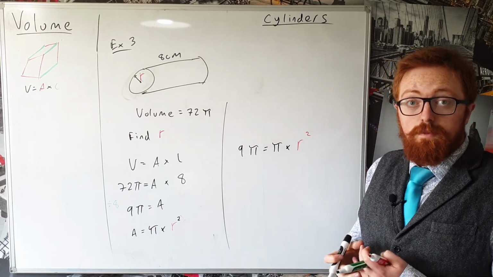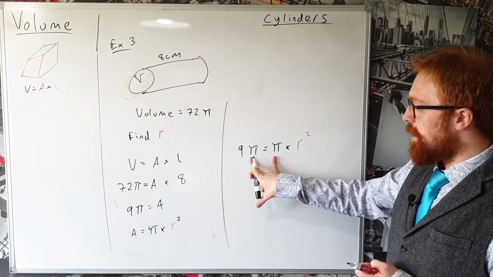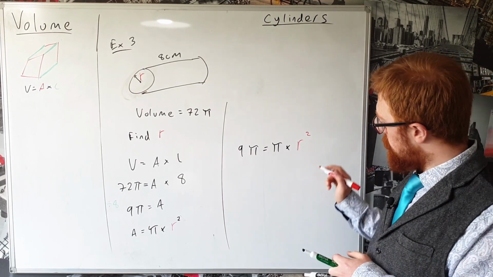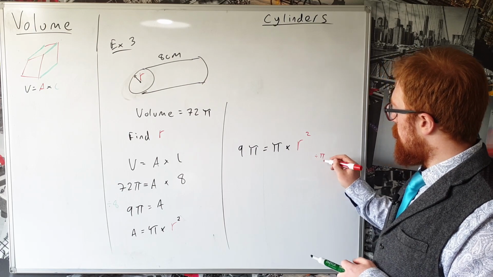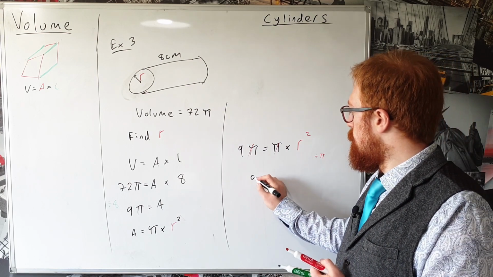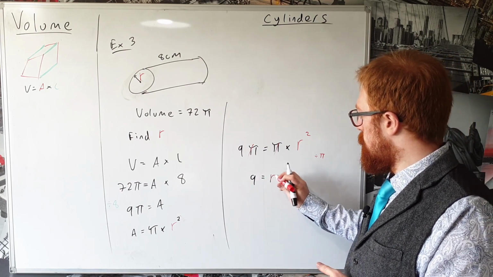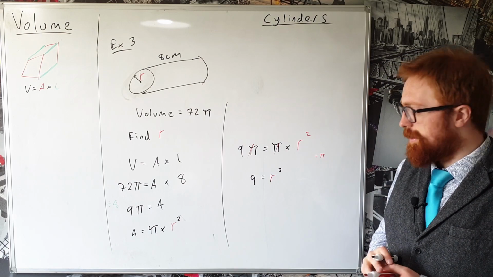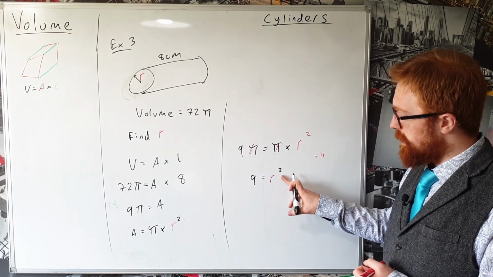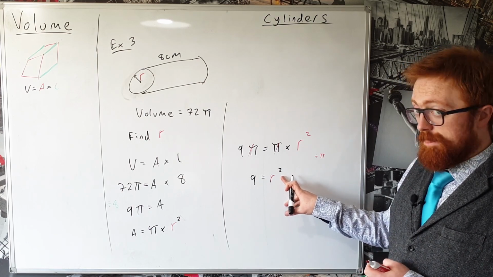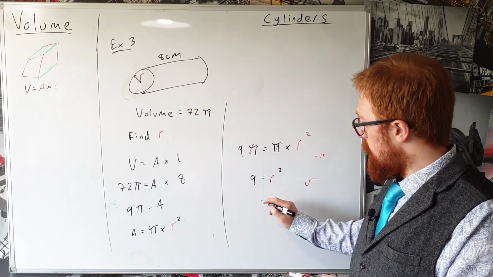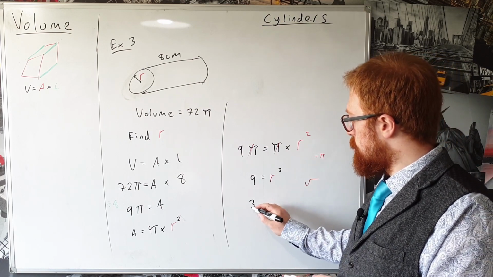Okay, now there's a little bit of simplification we can do here. We've got a pi on both sides of the equation, so what we can do, because everything's times, if we divide both sides by pi, then we're going to cancel these out, and that's going to make it a little bit easier. So we get 9 is equal to r squared. So now, how do we get rid of this squared? What's the opposite of squaring something? Correct, square root. So if we square root both sides, we get that the square root of 9 is 3